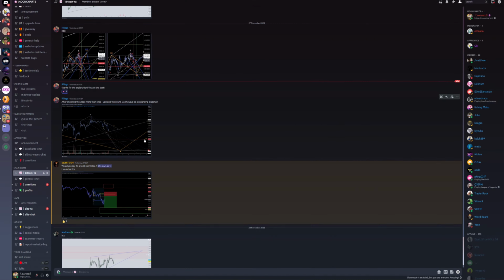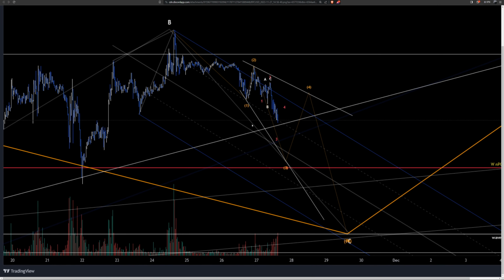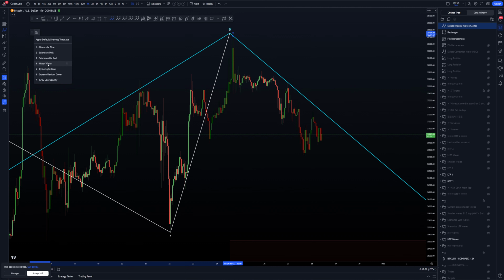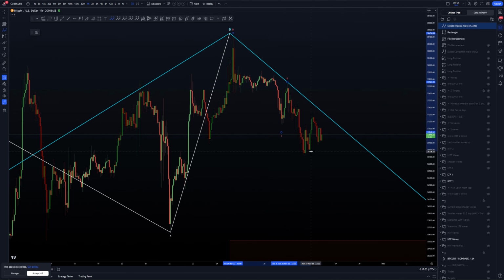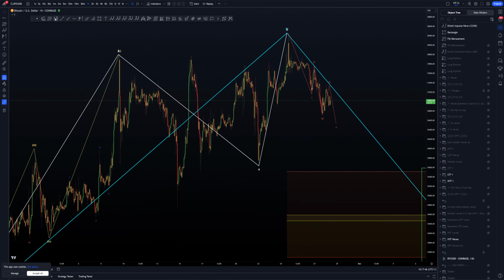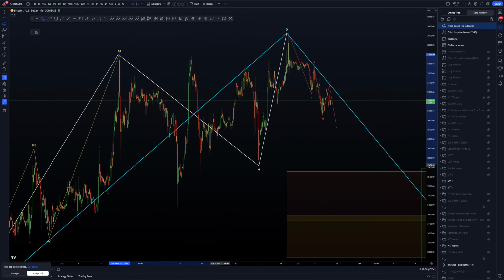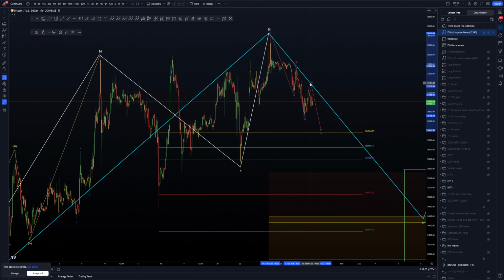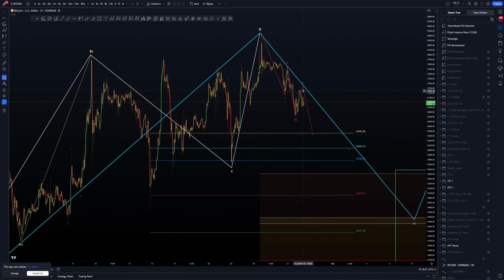How about this? Where is this? Let me see if I place that here. Red 1, yep. 2, so the 3 should be done. Well, the shape is terrible, but you know, it's fine. 5, 3, 5, 2, 2, 2. Well, yeah, this is valid, mate, to be honest. That's a very short wave 3 again, but I mean, yeah, that can be something possible. Maybe, I mean, this is something again that is possible,